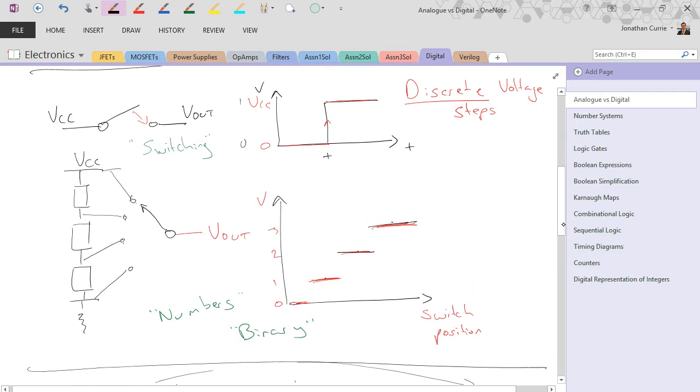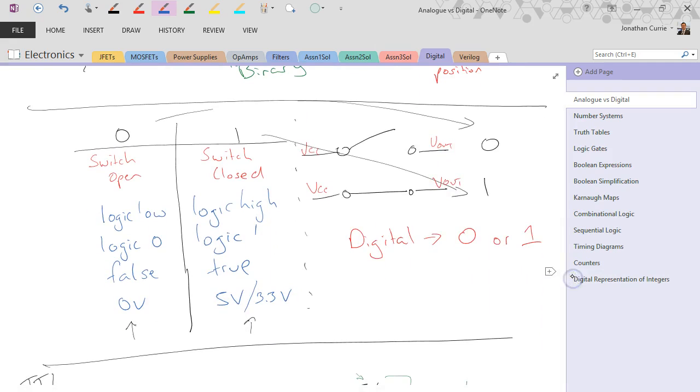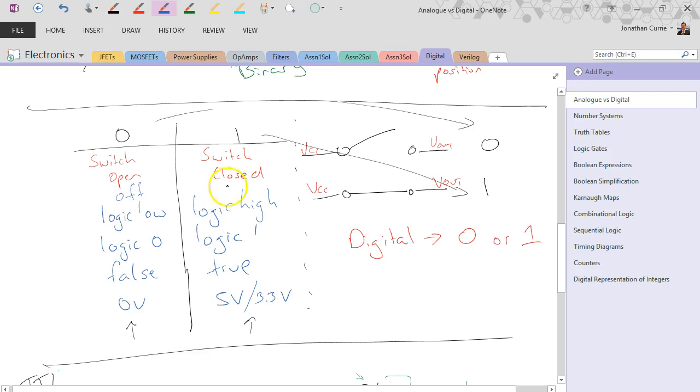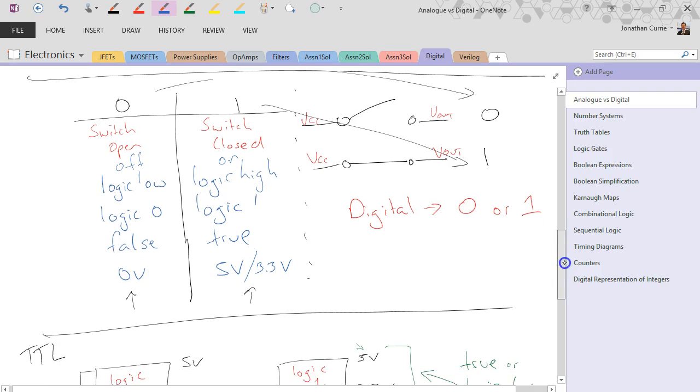Discrete signals or digital signals are ones that have discrete values or fixed values. All right, they don't exist continuously between those values. Okay, so it could be just 0 and 1 or 0 and VCC, or it could be multiple values. But normally, we're going to be thinking of digital, we're going to be thinking of just zeros and ones. Just on and off are the two main states. Lots of ways that we can say that. Okay, on and off, switch, I probably should write those in here. Off and on there. Switch closed is on, high, logic 1, true, or a high voltage, and corresponding for the